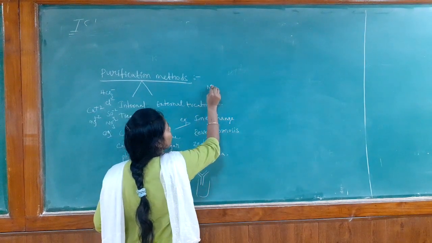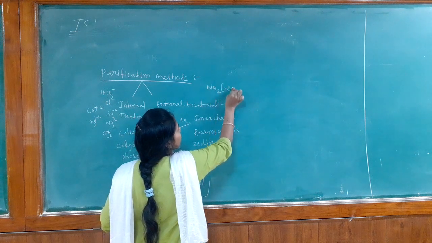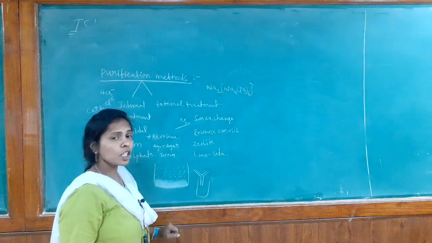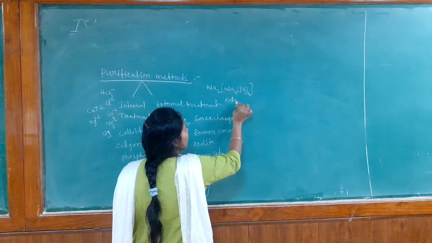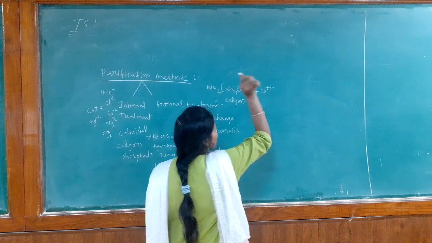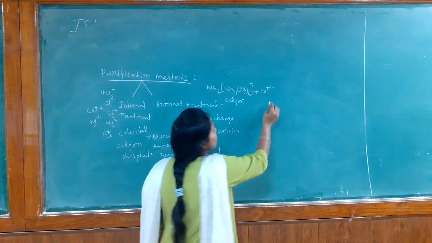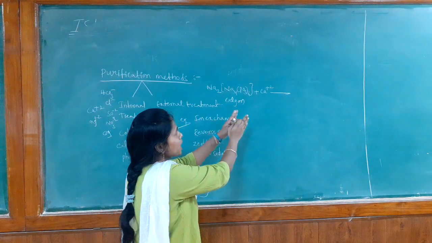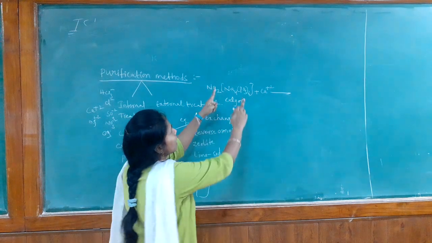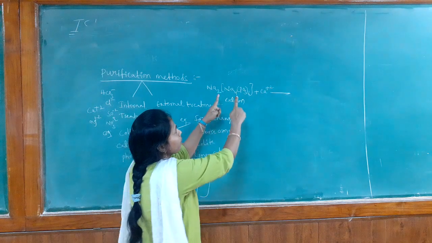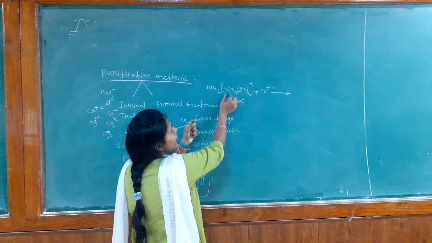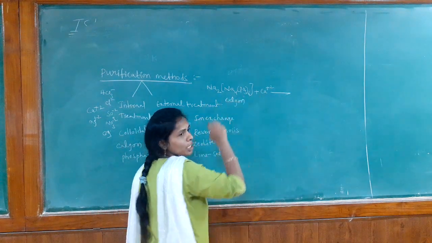So this is the formula of sodium hexametaphosphate. This is also called Calgon. This Calgon removes only the calcium ions in the water sample, that means calcium plus 2. When it removes calcium plus 2, the calcium ions replace ions inside the complex, not outside the complex. This is called the complex. The complex is nothing but the compound which we mention in the square brackets. So these Na4 ions are replaced with the calcium plus 2 ions.